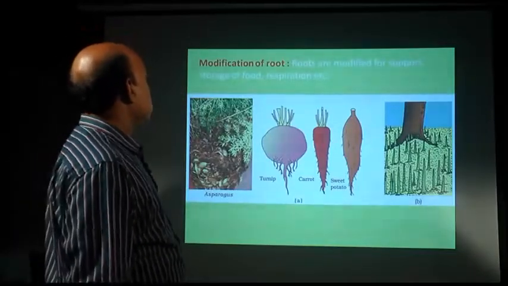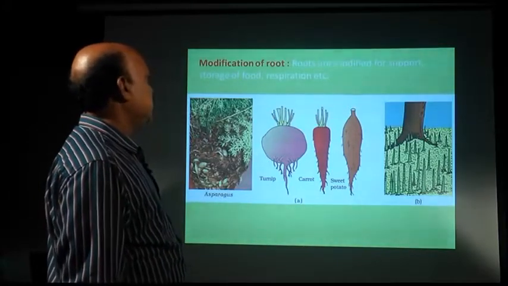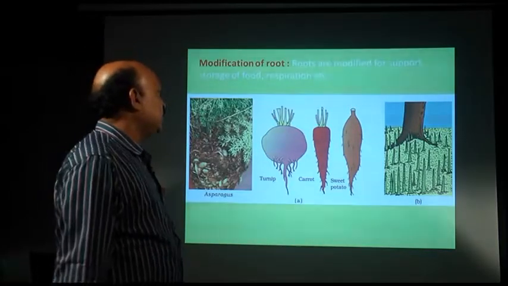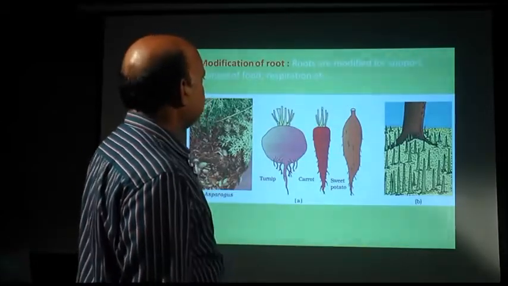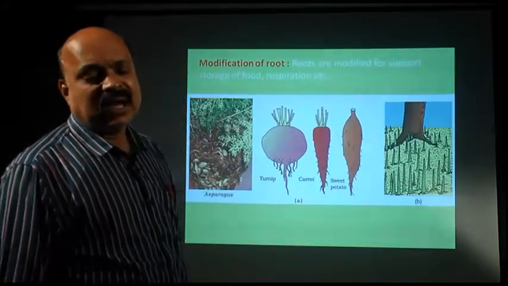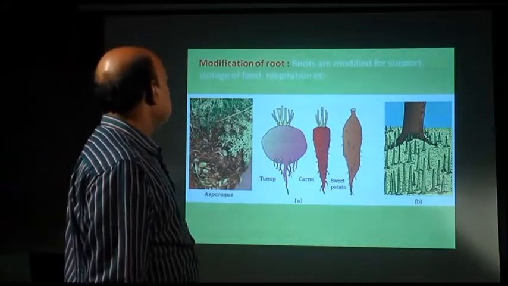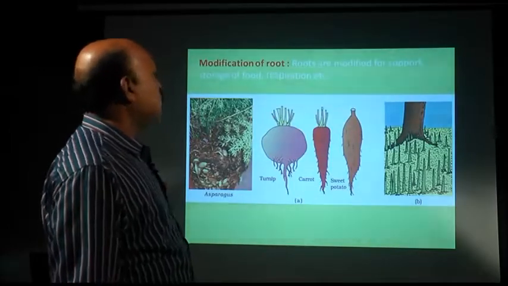तो मॉडिफिकेशन रूट्स में बी मॉडिफाइड फॉर सपोर्ट, particularly banyan tree, they are having particularly the pillar like structure and that is a support system. Storage of food, mula, sweet potato, gajar, beet, so these are generally modified for storage of food. And sometimes also respiration